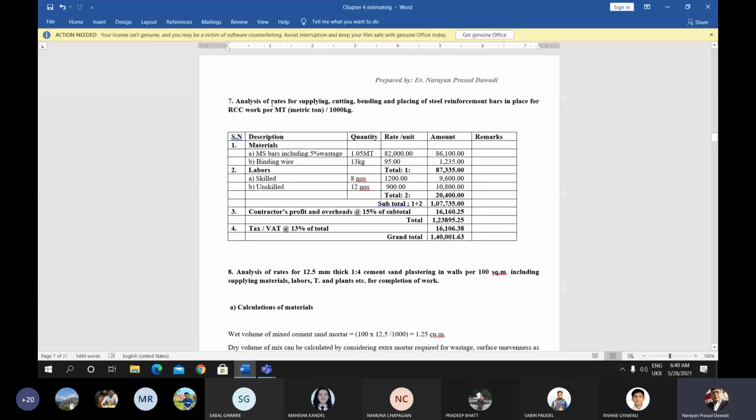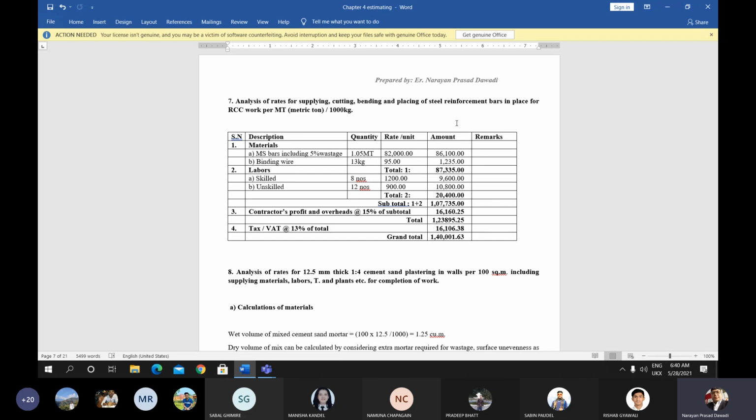For 1000 kg of the reinforcement bar, this is the analysis of rates. This is per metric ton. MT means metric ton. In 1 ton, there is 1000 kg of reinforcement bar. That is, we have to supply 10 quintal of reinforcement bar. We have to cut it into different pieces. We have to make the hooks for bending purpose and overlapping purpose and place that using the binding wires to the required shape and size of the reinforcement bars